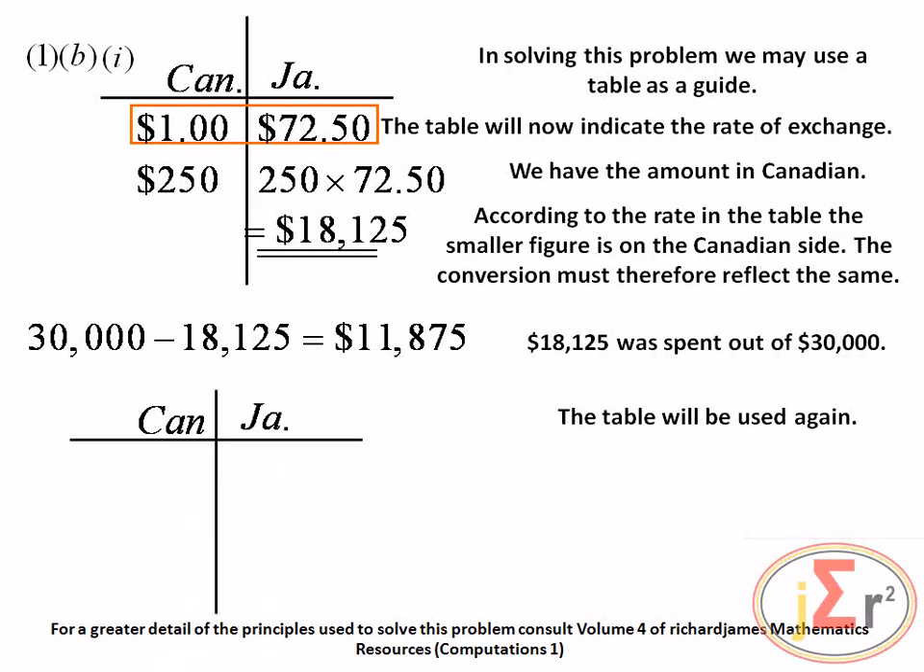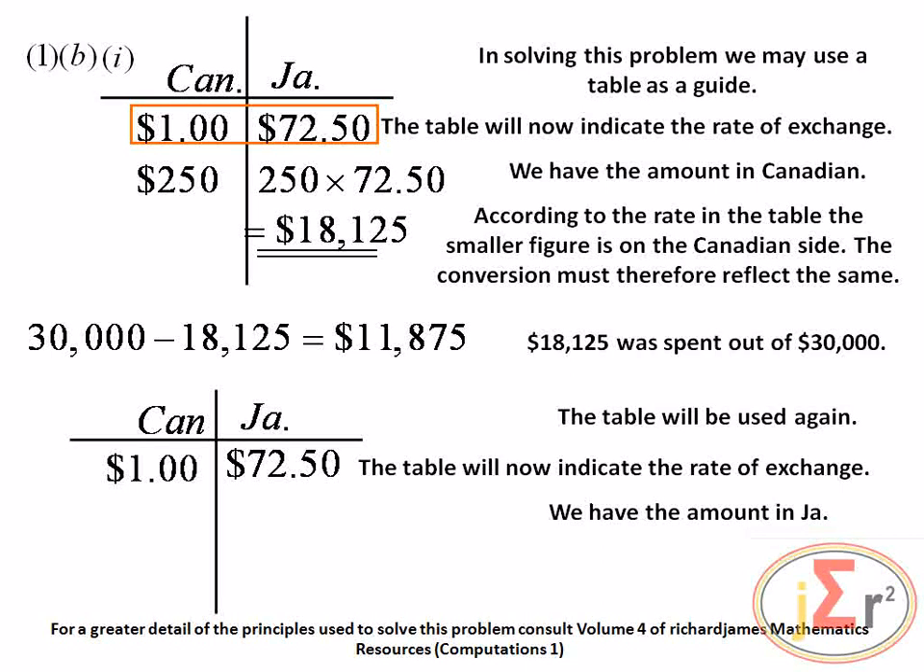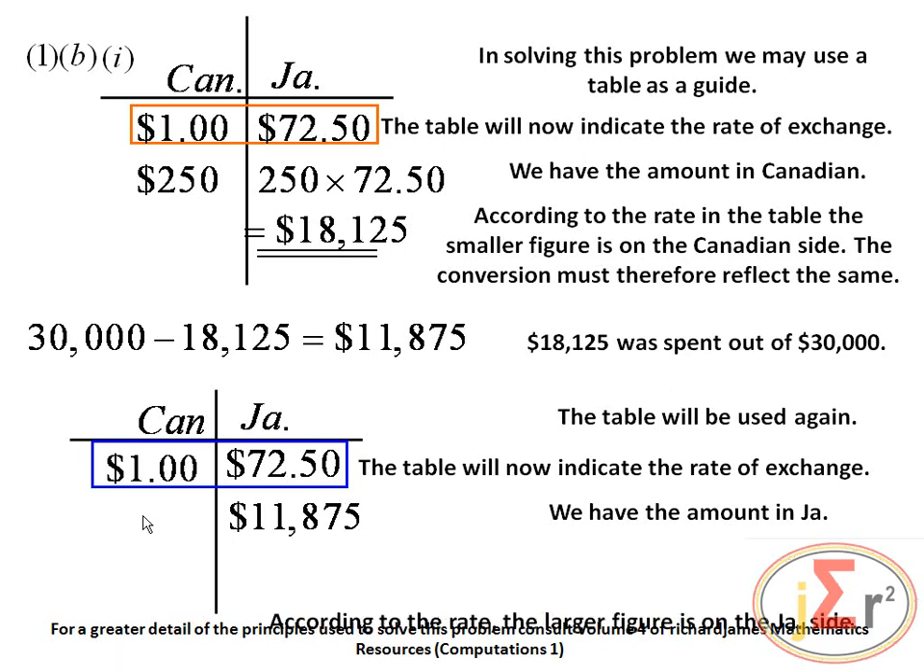The figure that we have just calculated will be converted to Canadian dollars, and we are going to be using the table, and of course we are going to be using the same rate of exchange. And the amount in Jamaican dollars, the same figure that we have just calculated, will be on the Jamaican side. And according to the rate, the figure that we have on the left hand side is smaller. So if we are going to be converting from Jamaican currency to Canadian currency, the figure that we have on this side is going to be smaller. Therefore, we will have to divide by the rate of exchange that we have right there,